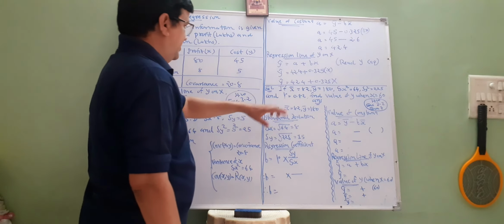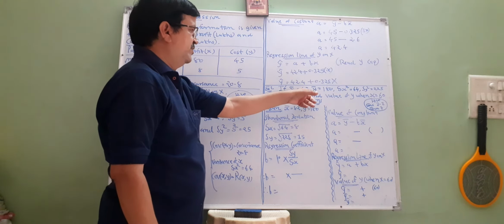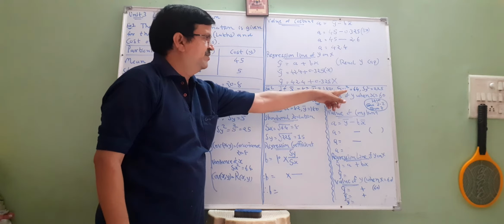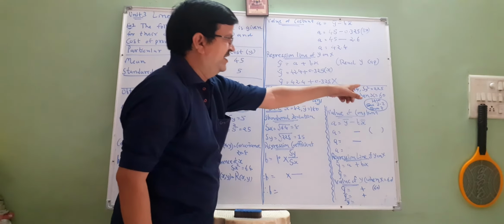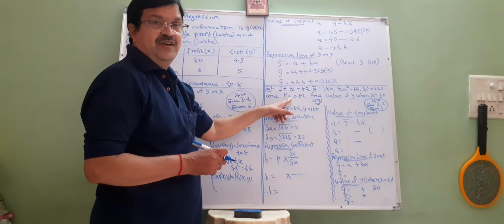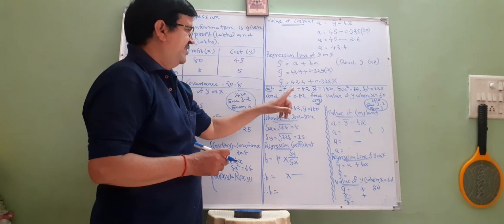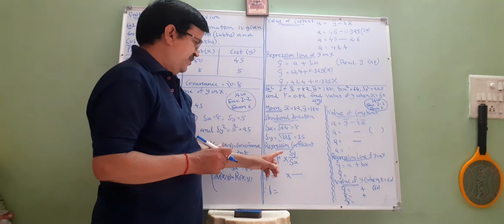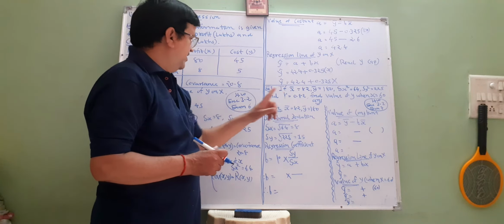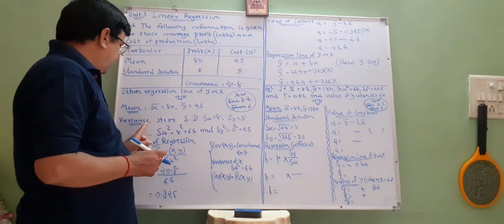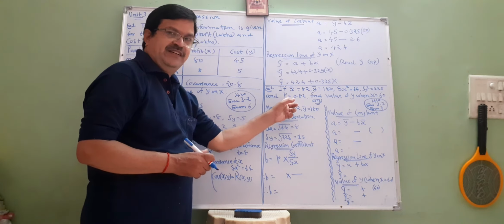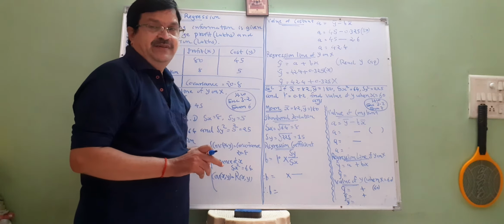Now the same for the second example. If x bar is equal to 82, y bar is 180, Sx square, the variance of x, is 64, Sy square, variance of y, is 225, and the value of correlation coefficient R is given. When R is given, the formula of regression coefficient is R into Sy by Sx. So when covariance is given, you have to consider variance. And when correlation coefficient R is given, you have to take standard deviation, friends.